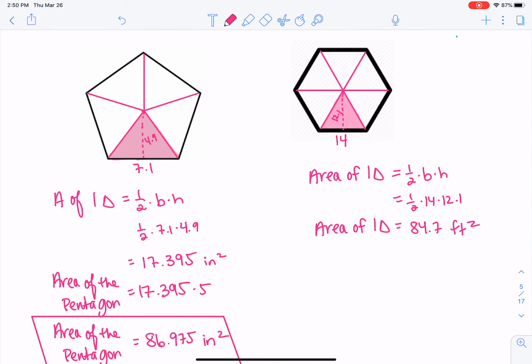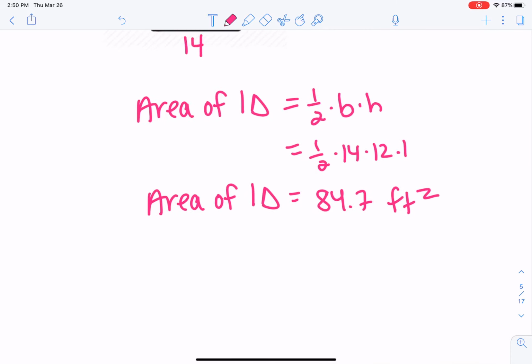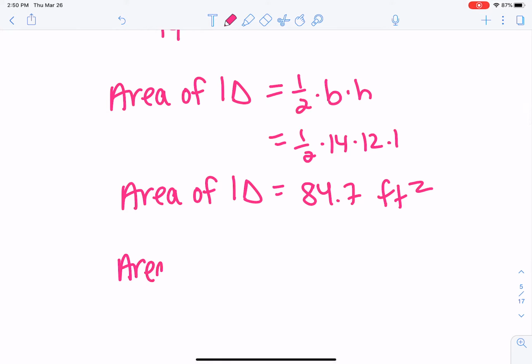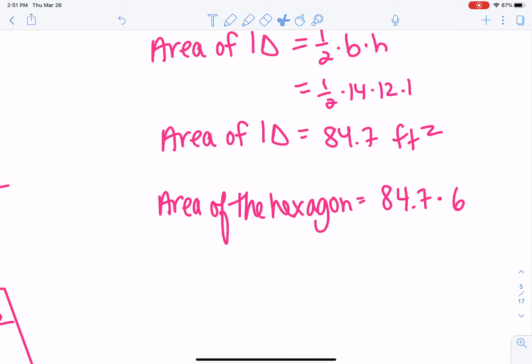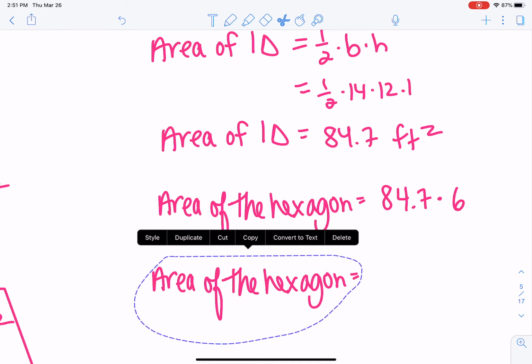A hexagon has all 6, so we can say the area of the hexagon is just equal to that one triangle, 84.7 times all 6 sides. So that area of the hexagon, when I type it into my calculator, is